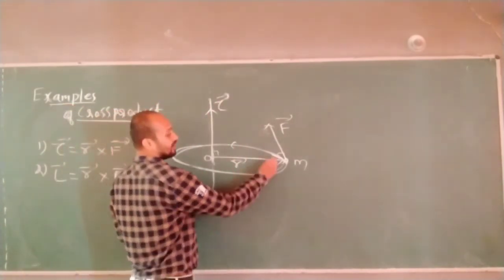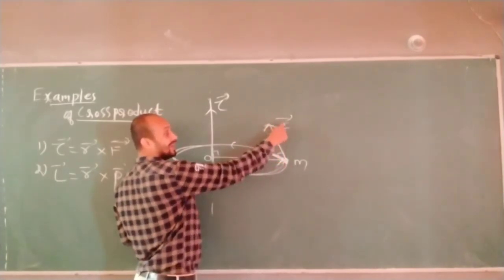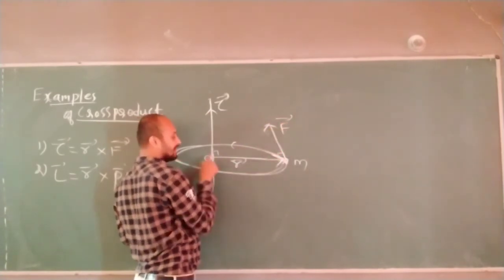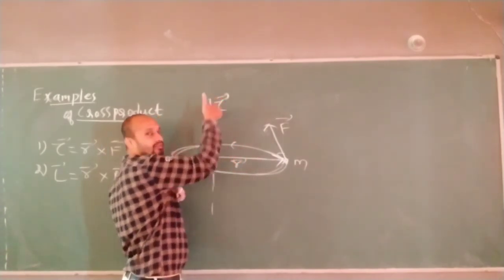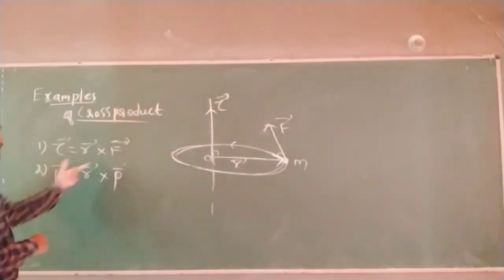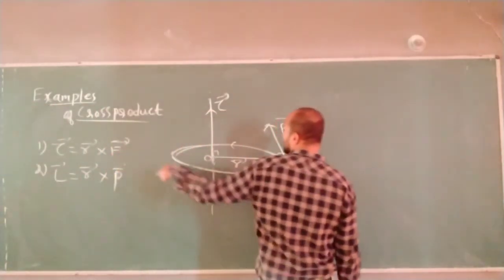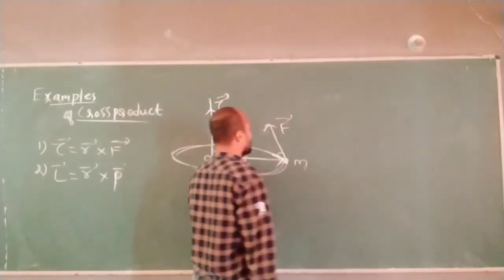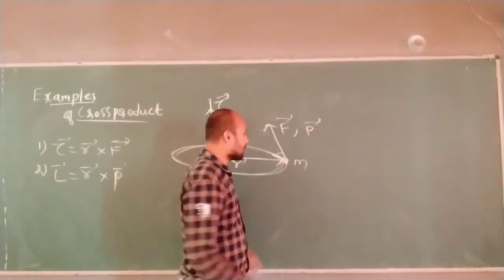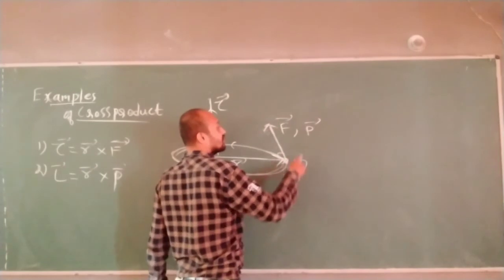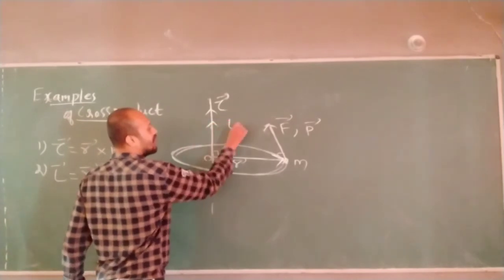Correct now? Now here, to find the angle between them, join the heads of the two vectors or the tails of the two vectors. F vector tail and r vector tail, you join them. You will get r cross F, torque will be upward. Same thing for the second formula. Instead of force, let us assume the particle is having linear momentum. Then r cross p will give you the direction of angular momentum.